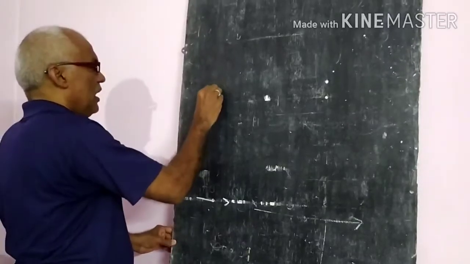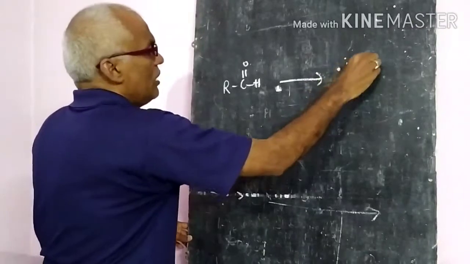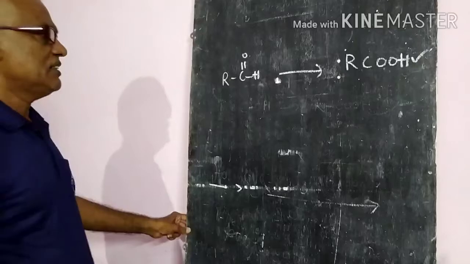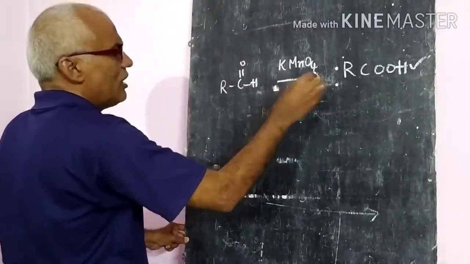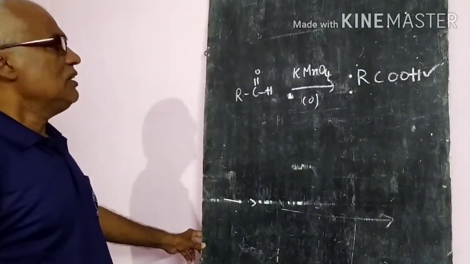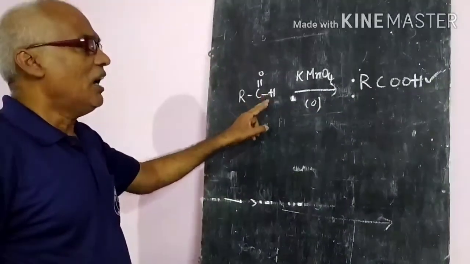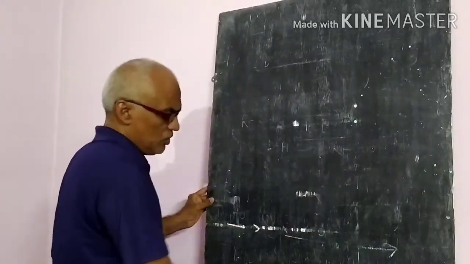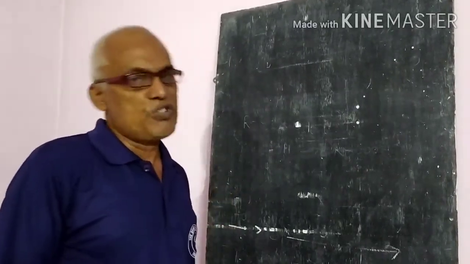Suppose aldehydes, RCHO, are directly oxidized, they convert into the corresponding acids in the presence of an oxidizing agent, KMnO4 or any other oxidizing agent we take. So this is the first preparation. That means all acids are prepared from their primary alcohols and aldehydes. In this one, the Jones reagent, a mixture of acidified chromic oxide, is the most important.